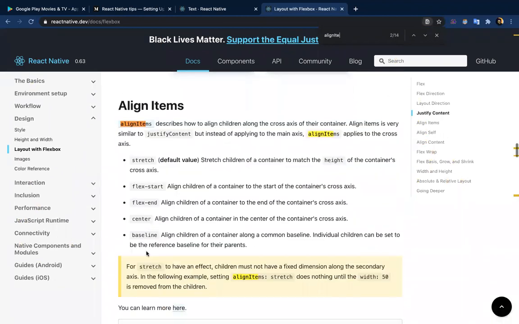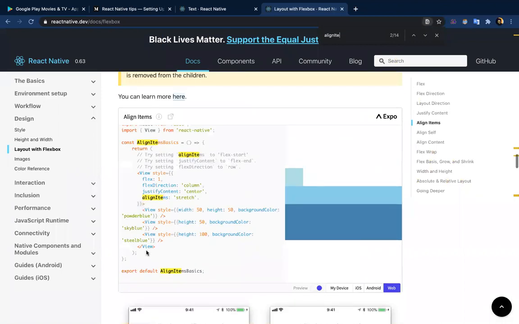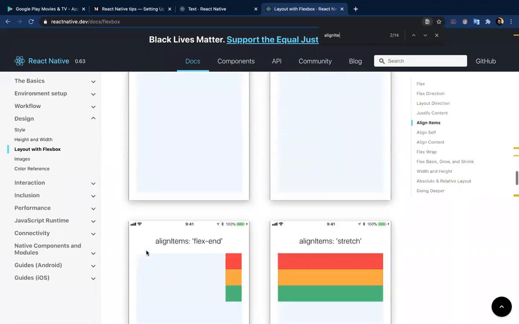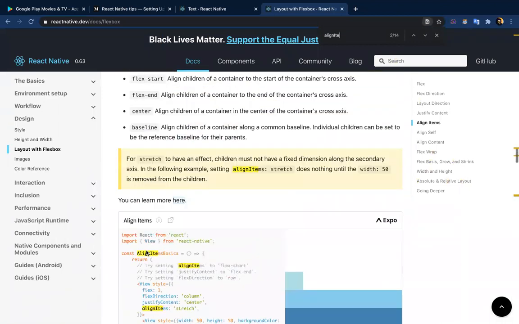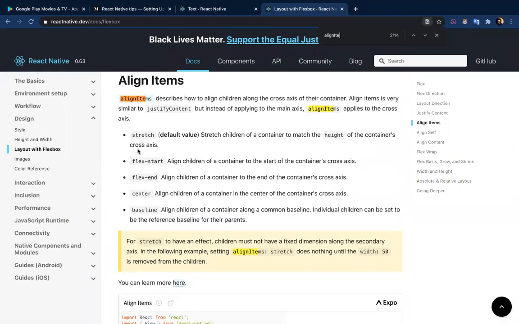Okay, there we go. In order to align items, they have given a set of properties. So we can use this center.